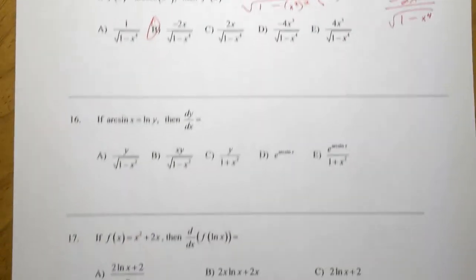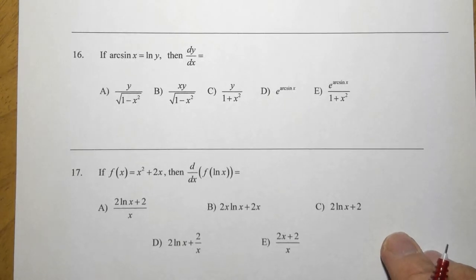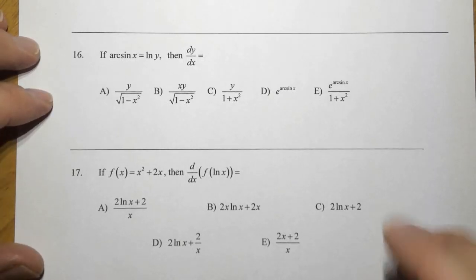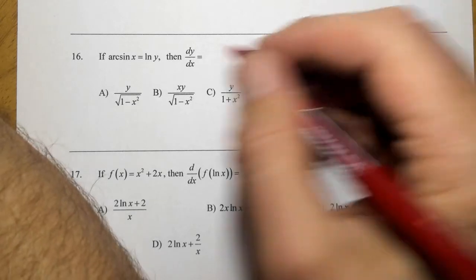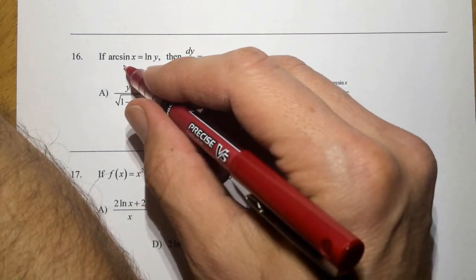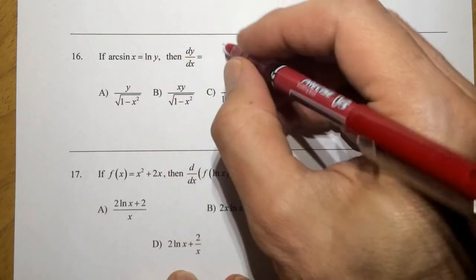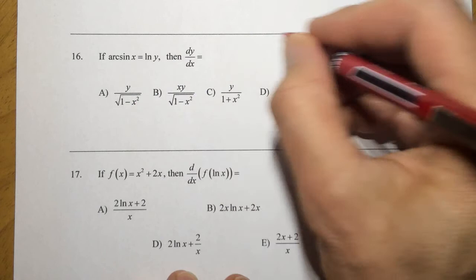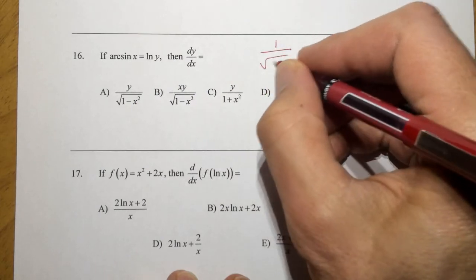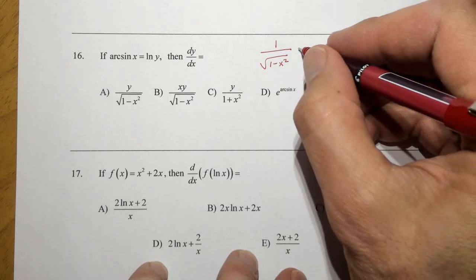With 16, we see inverse trig, but we also have implicit differentiation. So what's happening here? Well, we derive the left and we derive the right. The derivative of the left side of the equation, arc sine, derives to 1 over root 1 minus x squared. And then on the right side,